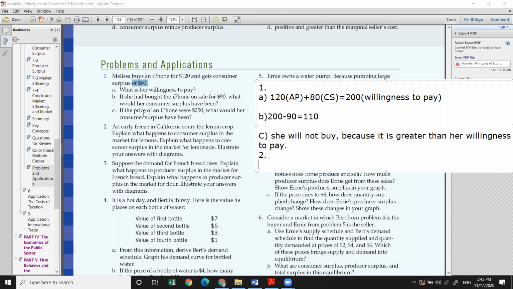So we need to draw 2 different diagrams and explain what happens when there's a soar in the lemon crop. We know that lemons are produced in the lemon crops and lemonade is produced from the lemons. So they're fully dependent on this agriculture sector. If anything happens, that will directly affect this market. So we need to explain it and give some diagrams. So if an early freeze in California soars the lemon crop,